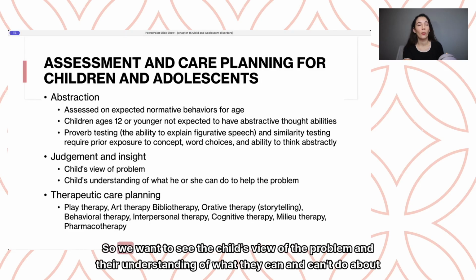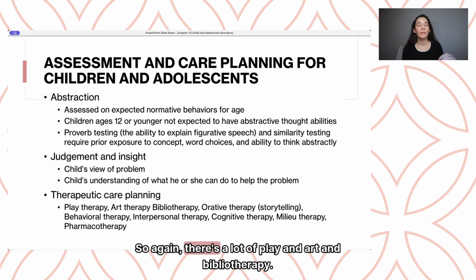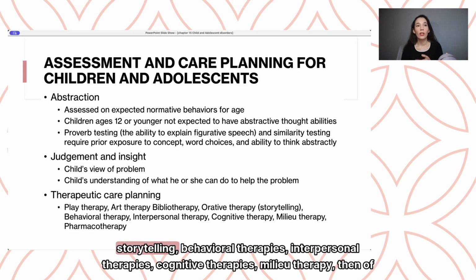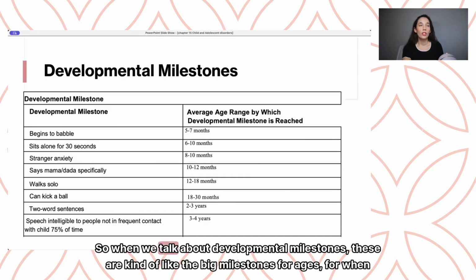Judgment and insight. So we want to see the child's view of the problem and their understanding of what they can and can't do about it. And then therapeutic care planning. So again, there's a lot of play and art and bibliotherapy, storytelling, behavioral therapies, interpersonal therapies, cognitive therapies, milieu therapy, and then, of course, psychopharmacology if needed. So when we talk about developmental milestones, these are the big milestones for ages,